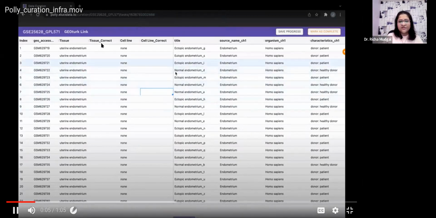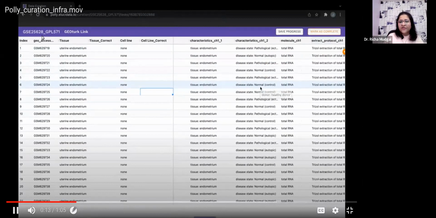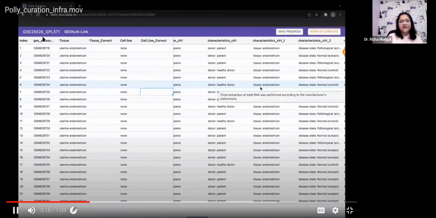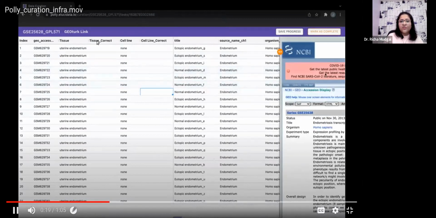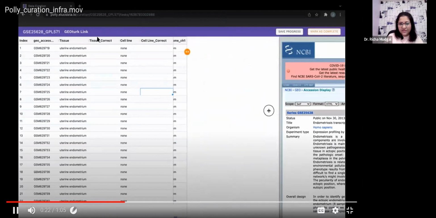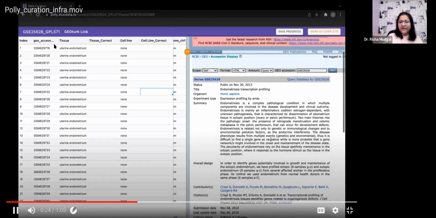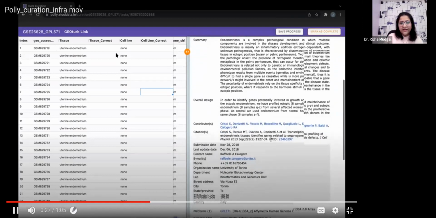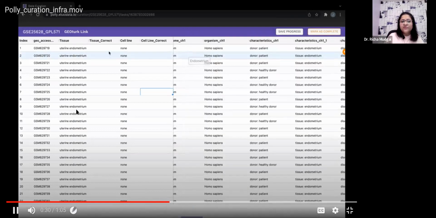So this is a data set that, for the purpose of this demonstration, I've got from GEO. When we ingest a data set from any source, which could be your own data or data from a public source, we define the metadata fields that we're most interested in, and then we define the curation model in the backend. These get automatically labeled with the ontologies that we need. The model first identifies these keywords and then follows the ontology.